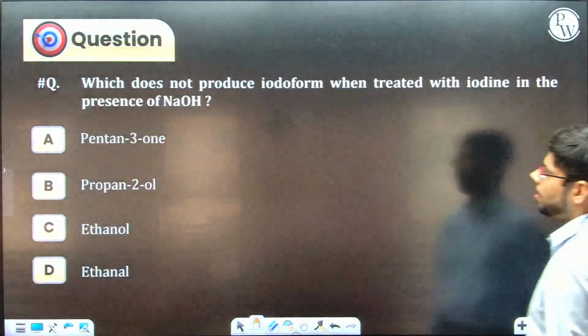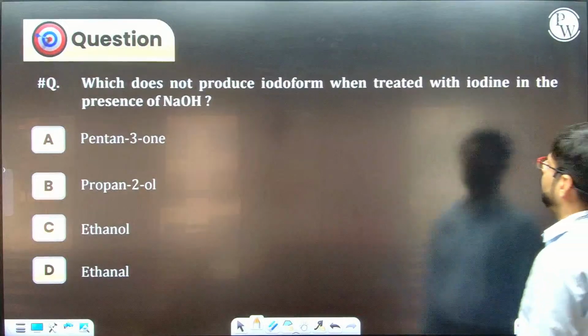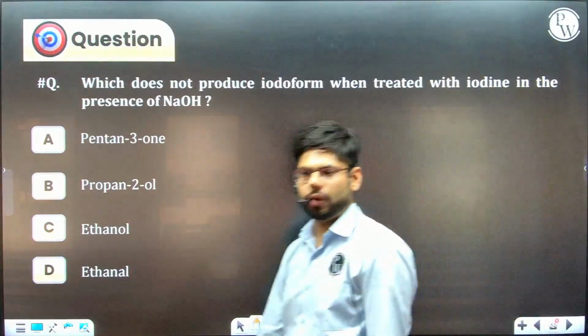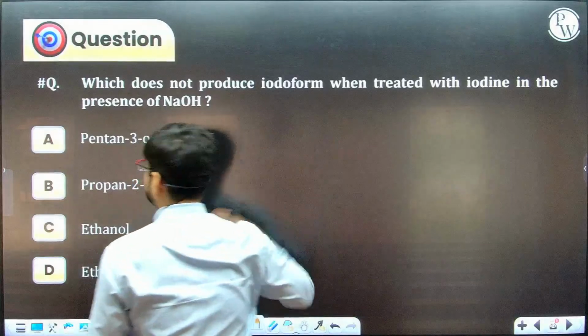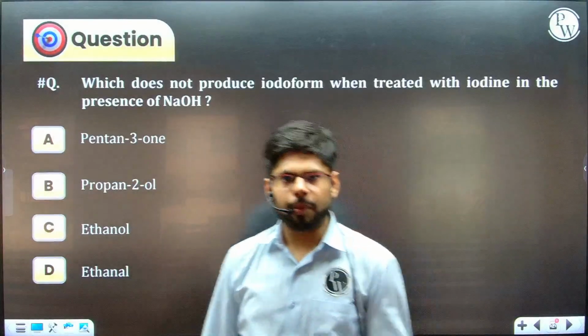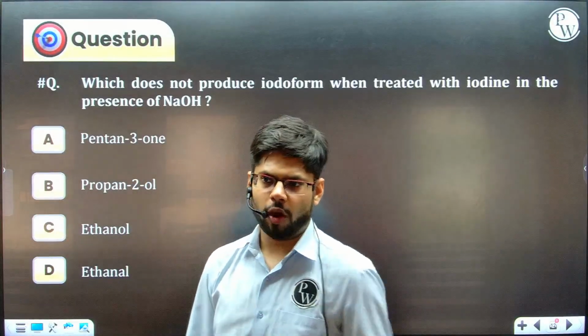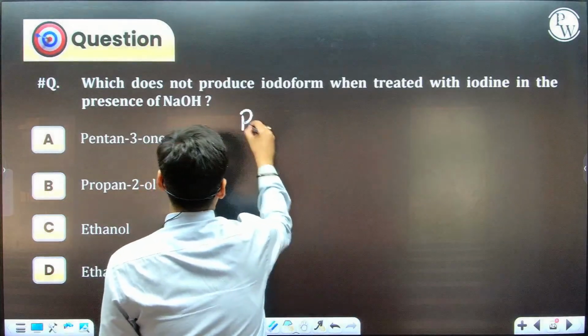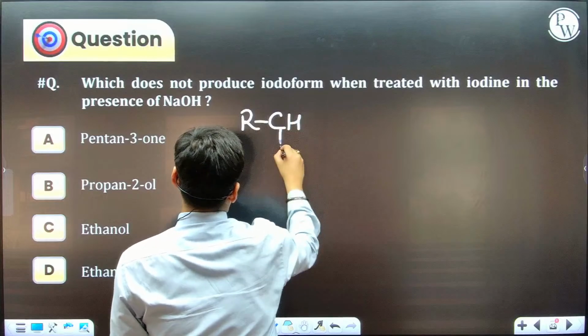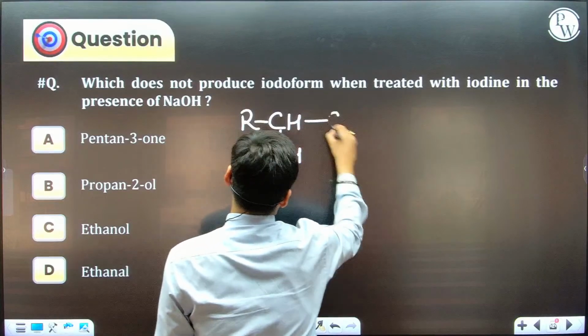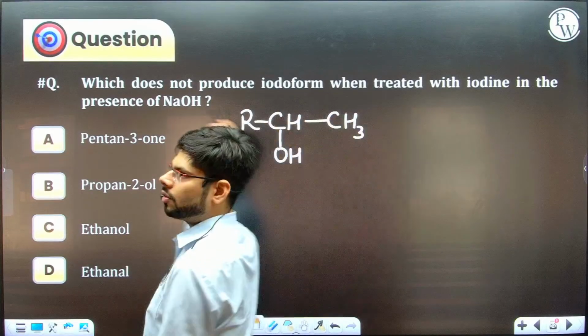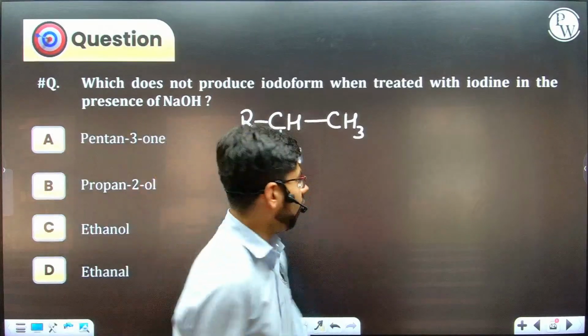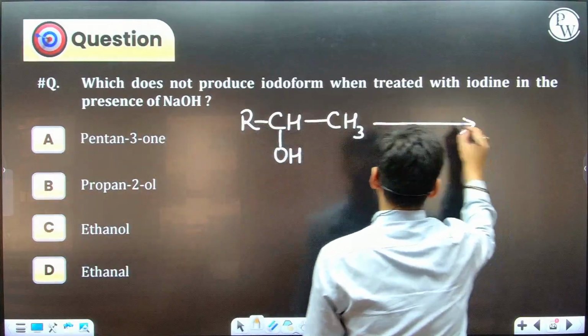Next question. Which does not produce iodoform when treated with iodine in the presence of NaOH? Alright. First of all, let's look at those types of compounds which produce iodoform when treated with I2 in the presence of NaOH. So all alcohols of this format undergo reaction with iodine in the presence of NaOH to produce iodoform. So yes, if this is treated with